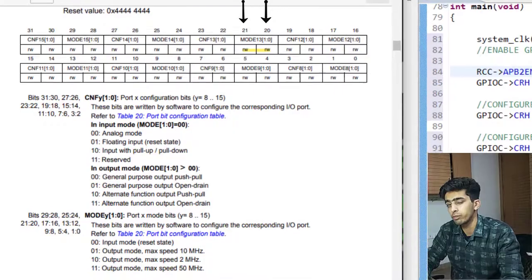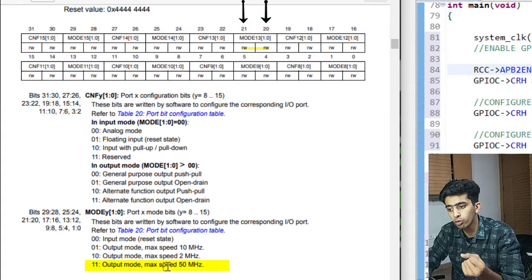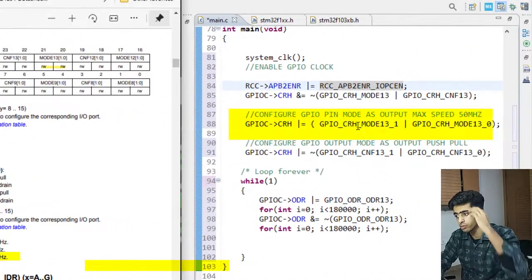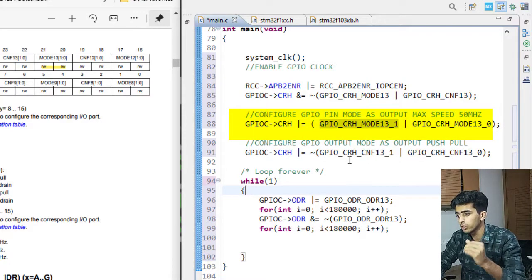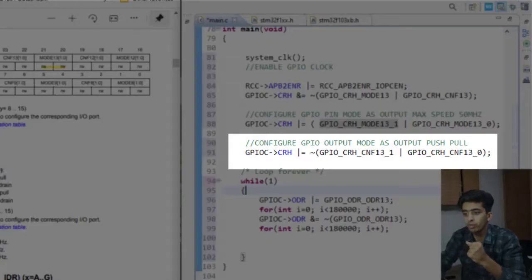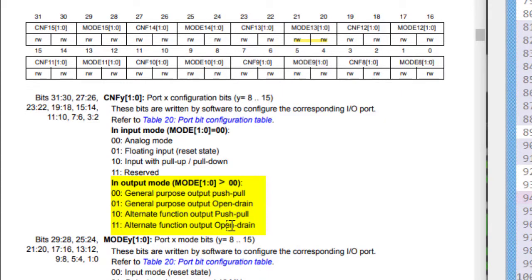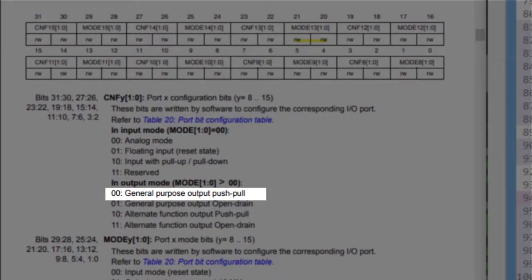I have set both as 1, that is output mode max speed 50 MHz. By default these macros have been defined as 1. Then in the next line I am configuring what kind of output it will be: general purpose output push-pull or output open drain. For now I will be configuring them as output push-pull.